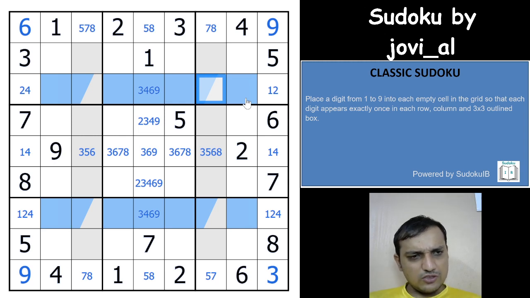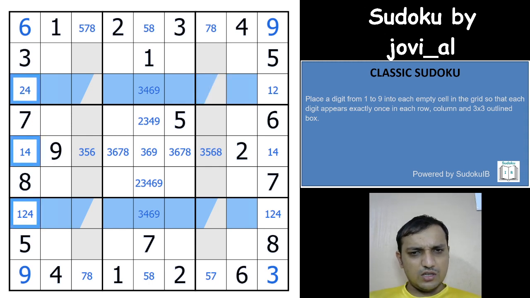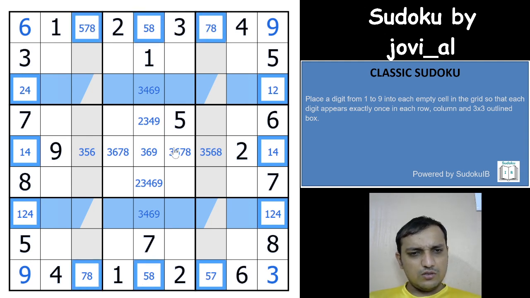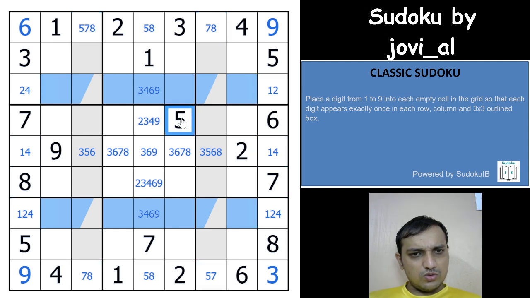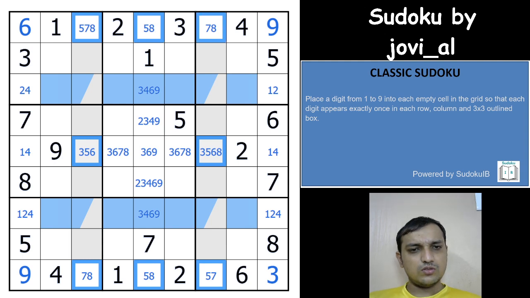I at the start thought it has to be an X-wing or a swordfish, because the moment we get something here, it is kind of an X-wing or a swordfish pattern, but then I am totally stuck. Oh, this 5 gives us a swordfish here. This is a swordfish of 5 in 3 rows. So row 1, row 5 and row 9 has 5 in only these cells, which are exactly in 3 columns. So you have a swordfish of 5,